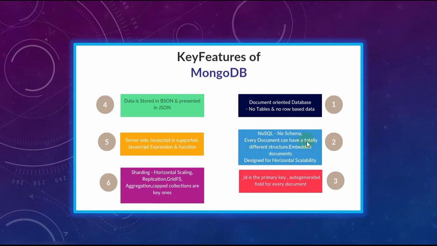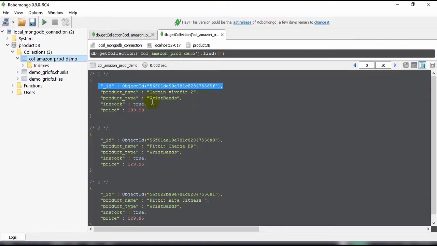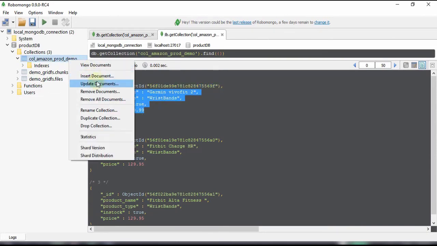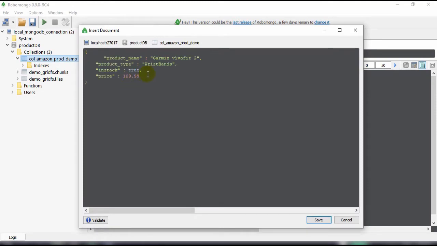I haven't shown that every document can have a totally different structure. In the demo I showed from the MongoDB instance, the documents had a similar structure. So I want to show you how we can save a document with a different structure. Let me copy this portion. It's very easy. I'm going to add 2 more fields here.